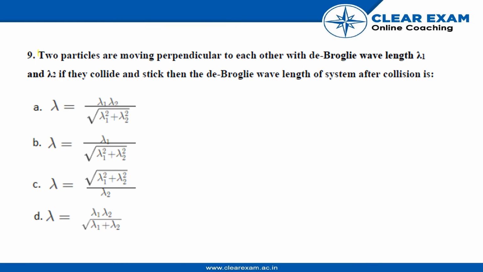So here we have two particles, and they are moving perpendicular to each other. Let me draw it: one particle is moving like this and another particle is moving like this. So they are perpendicular to each other. Let's take this particle A